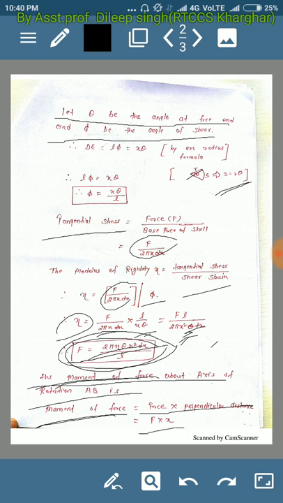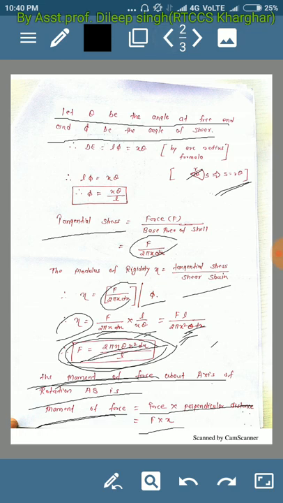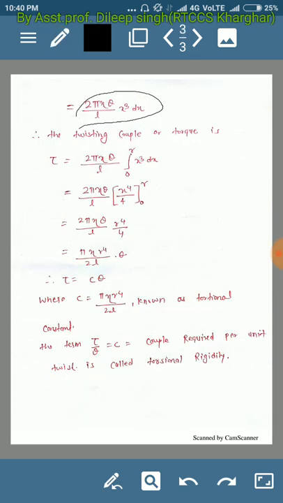So F into x, the perpendicular distance being x in this case, which is the radius. So I can write 2 pi x theta upon L into x cube. So this is the moment of force, because we have already calculated the value of force, 2 pi x theta x square, and here one more x because it is multiplied by distance, so x cube dx upon L. So the twisting couple or torque, tau, is equal to